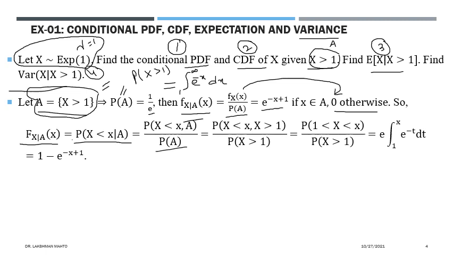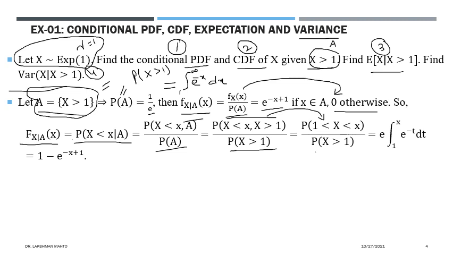Now further, what is A? A is saying that it is the collection of values of X such that X is greater than 1. So that means all the observed values which are greater than 1. So here we are talking about the joint probability of these two. If you try to take them together, what does it say? That means this joint event is taking values between 1 and x. So that's why it has been expressed this way. Okay, it has been expressed this way, and this is the event A.